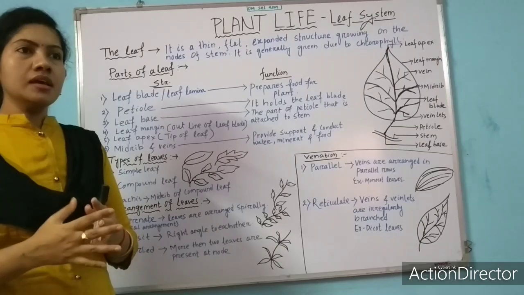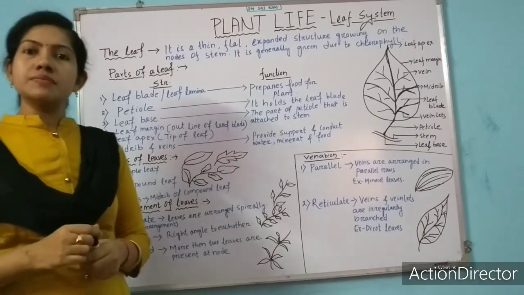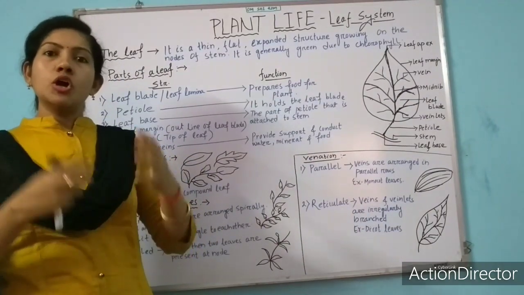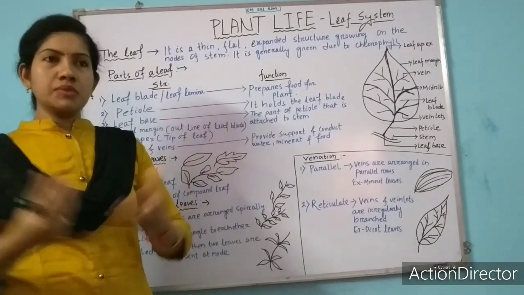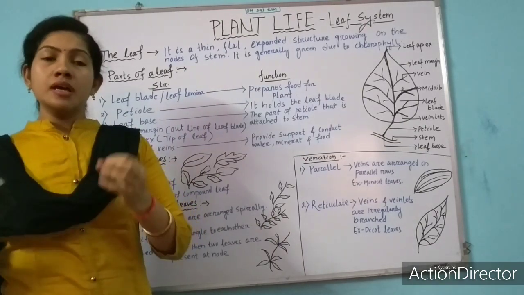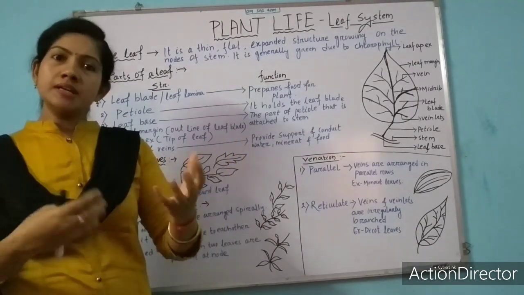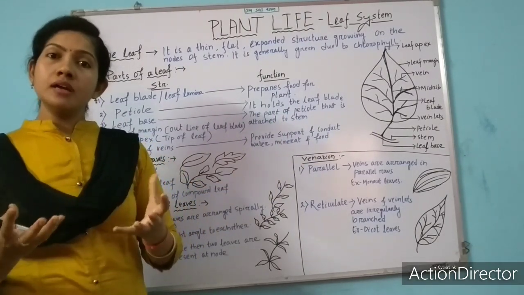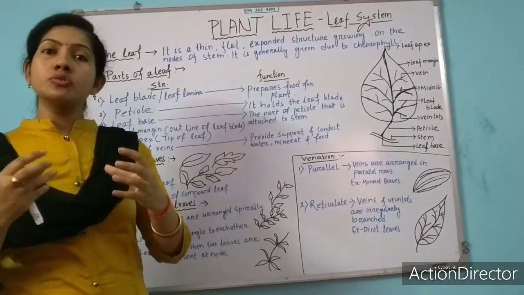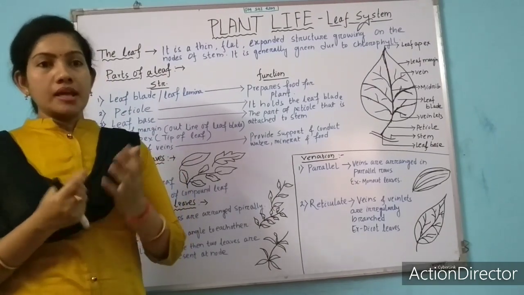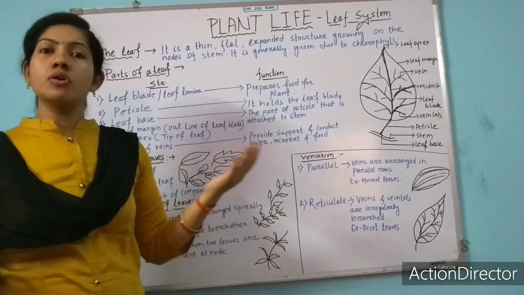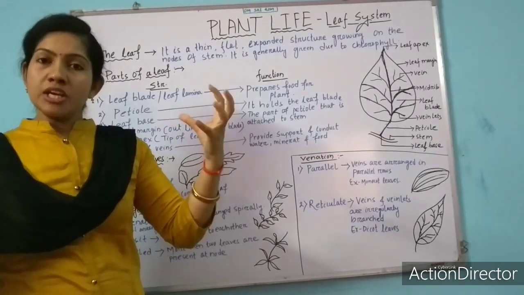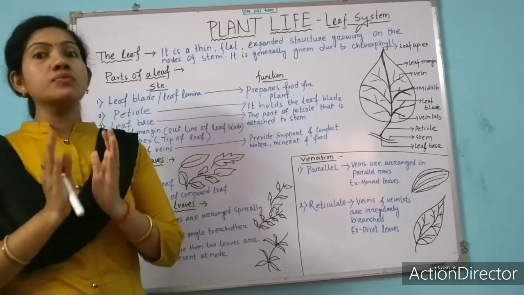If we look at the arrangement of leaves on the stem, one question arises in our mind: why are leaves arranged on the stem? If we compare 3-4 plants, the arrangement of leaves will be different in all of them. Why? To get adequate or equal amounts of sunlight. Leaves generally arrange themselves on the stem to get equal or adequate sunlight for photosynthesis.